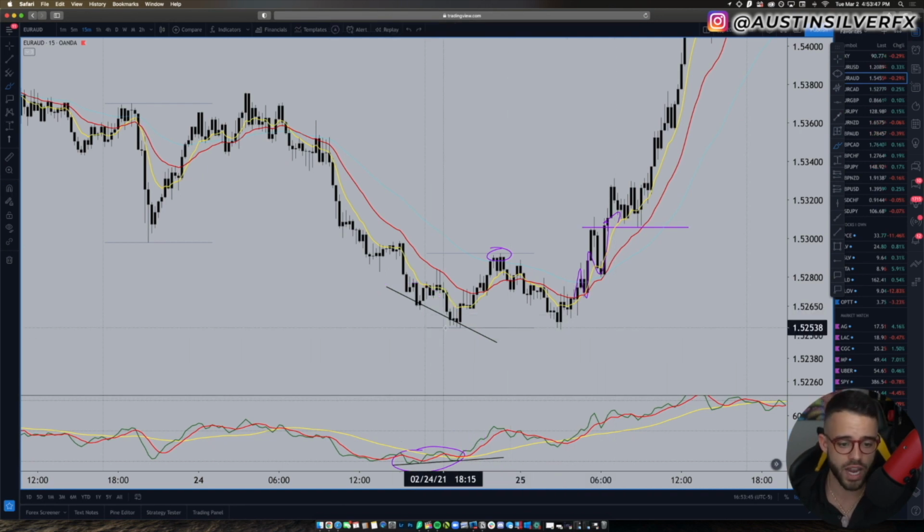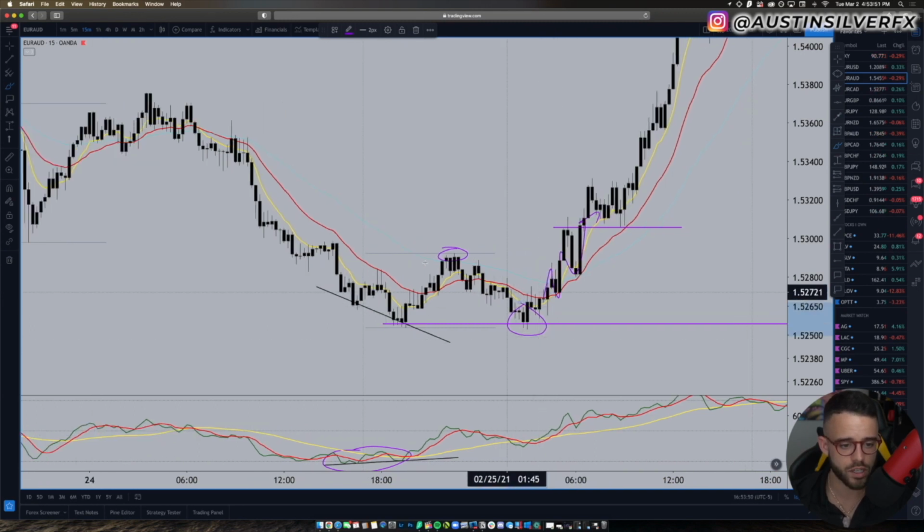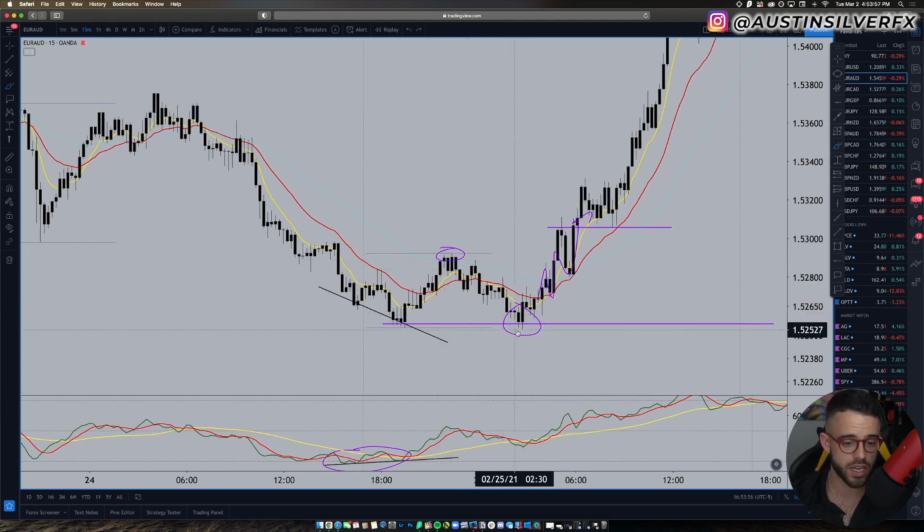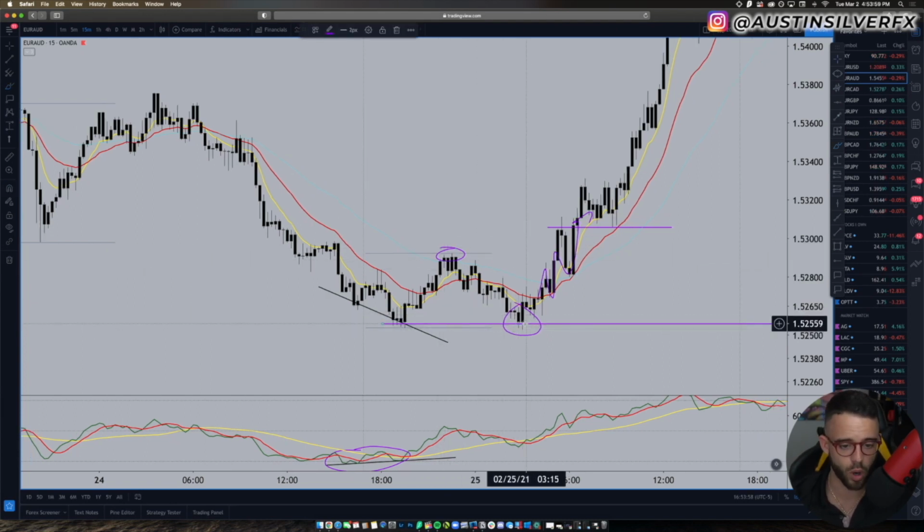Now, the bottom set in, it's confirmed here with that test right outside the Asian session. These horizontal lines here, if you don't know, that's my Asian session high and Asian session low. And you can see, without me circling it with this annoying purple marker, because of that line, the retest to that bottom, to that support zone. So with that retest, with the break, the second retest off that break, you're starting to see strong confirmations for